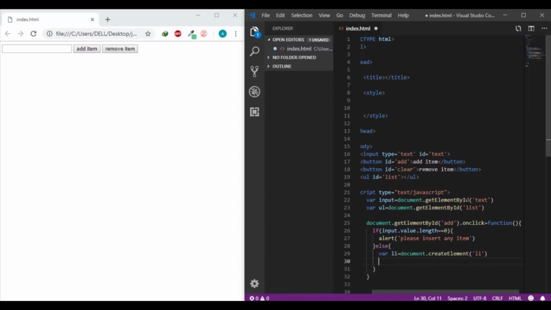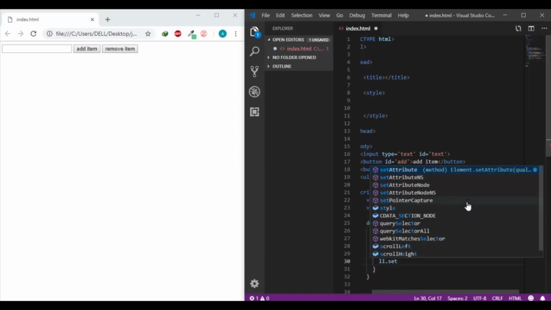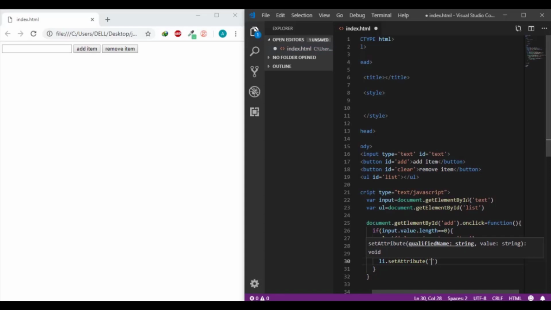So we will see this later. So let me continue. li.setAttribute, and the attribute is id, and let me make the ID equal to the name of the inserted data, so input.value. For example, if the inserted data is 5, I want to give this item an ID equal to 5,